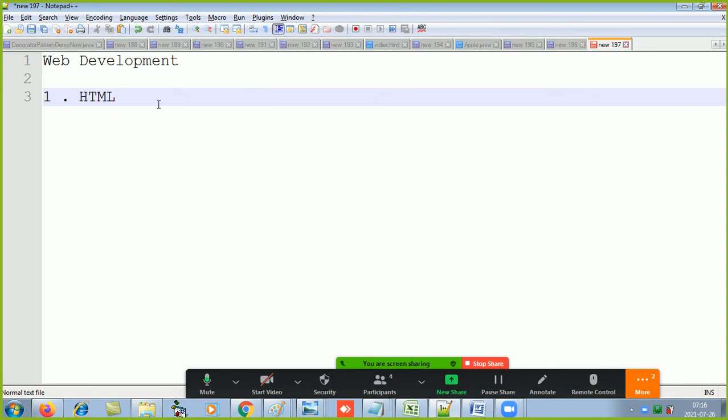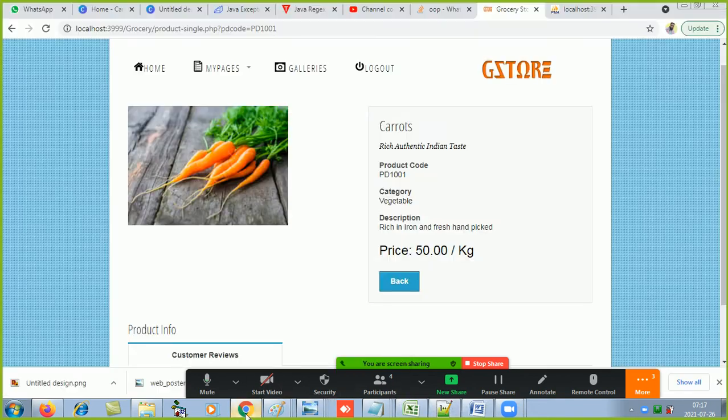And HTML is not a programming language. It is just used to show the data to the user, the end user.